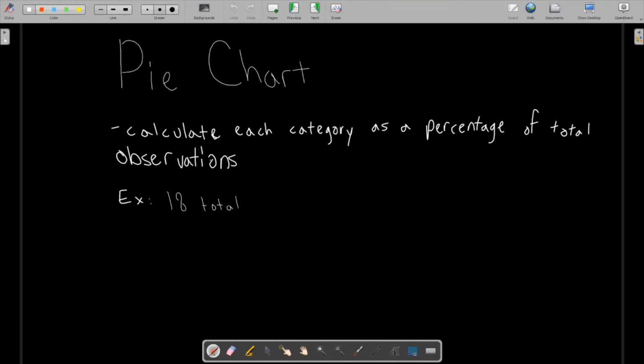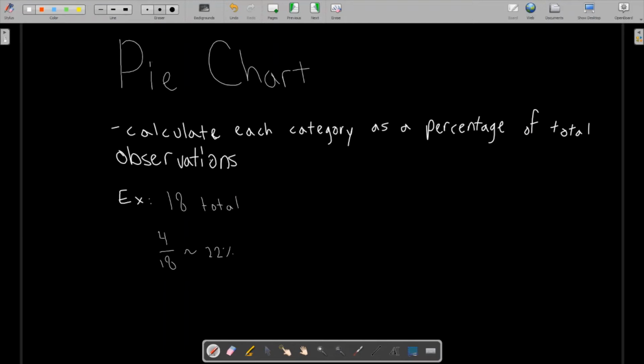So 4 out of those 18 were slightly worn. And so to get that percentage, we can take the part and divide by the whole. 4 divided by 18, that's about 22-ish%, roughly. I'm not going to have the exact calculations here, but that would give us the percent that is